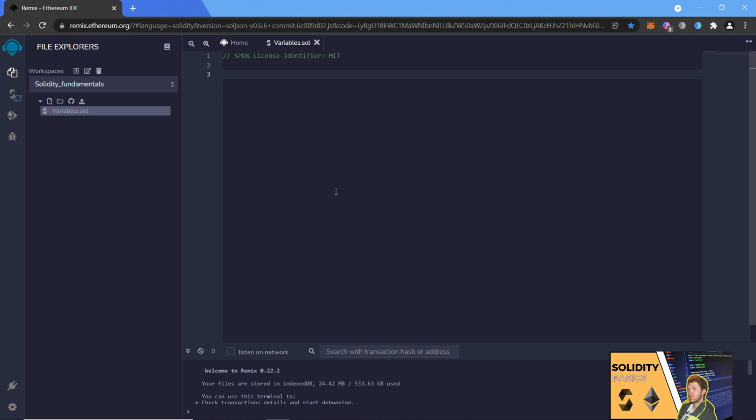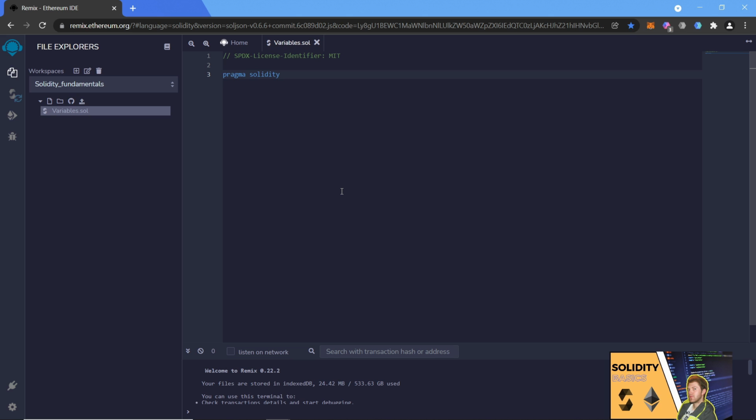Then the pragma directive is going to come next, and that's, as we mentioned in the last lesson, the version. So here we'll use the keyword pragma solidity, and as you can see, the code editor actually gives you suggestions. This is a very efficient way to code, and you can just press tab and it's going to complete it. Pragma solidity,